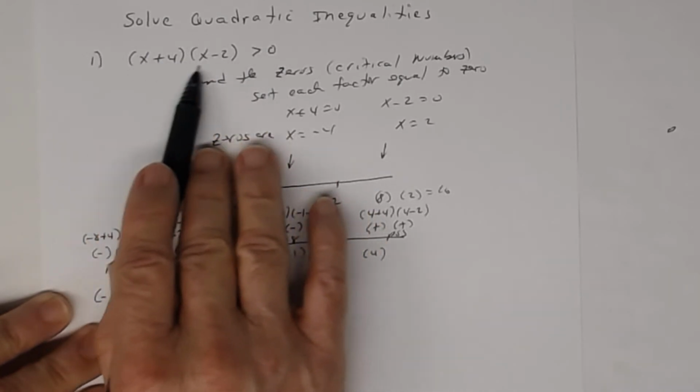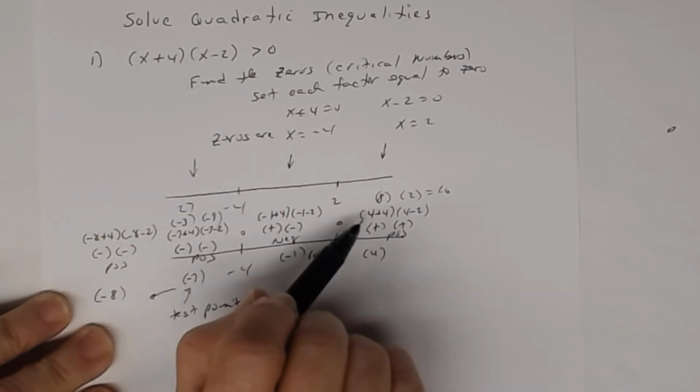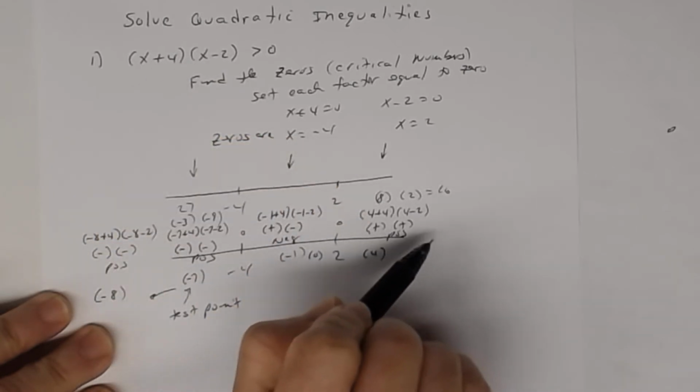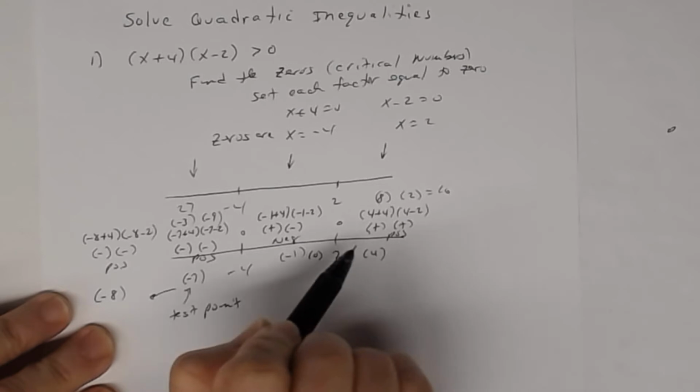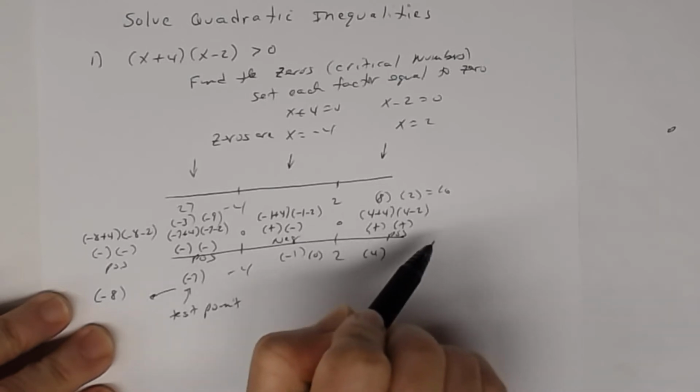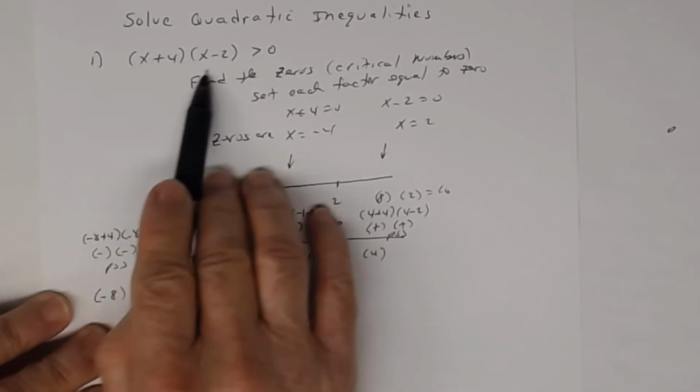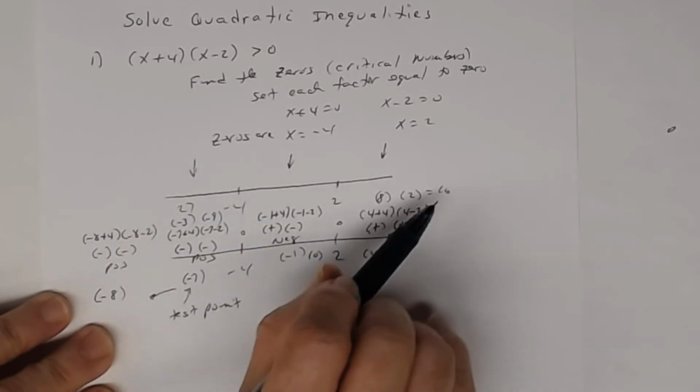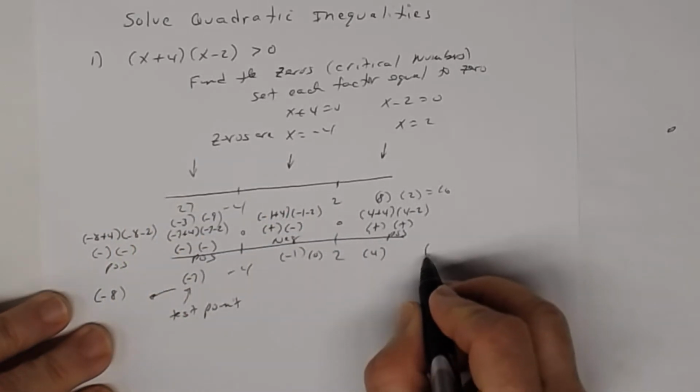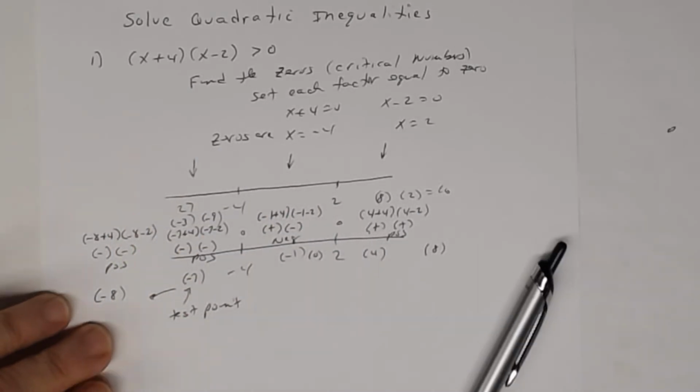So remember, this product here, anywhere between 2 and infinity, if I substitute any test point between 2 and infinity, that product better be positive. It better be. In this case, it was 16. If I choose, let's say, 8,